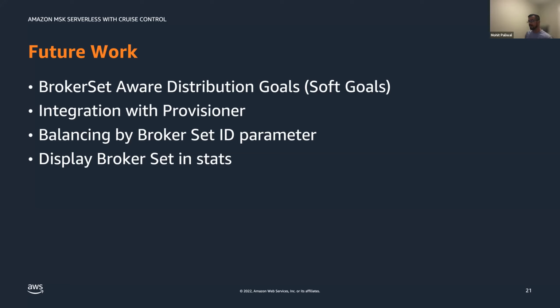We also want to integrate it with a provisioner, so that users, if they want to scale a broker set individually, they should be able to do it. You can have a broker set that requires scaling. You can have a broker set in your cluster that's actually doing fine, right? So you'd want to add more brokers to your broker set that requires scaling, and that's something that we want to contribute in future. We also want to trigger a balancing by an API by a broker set ID